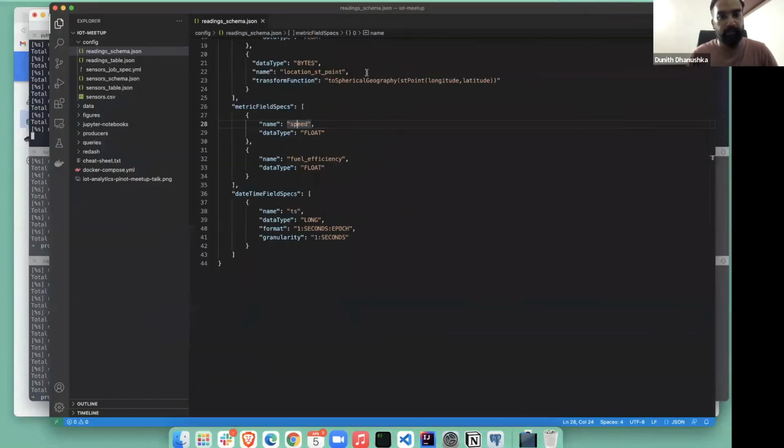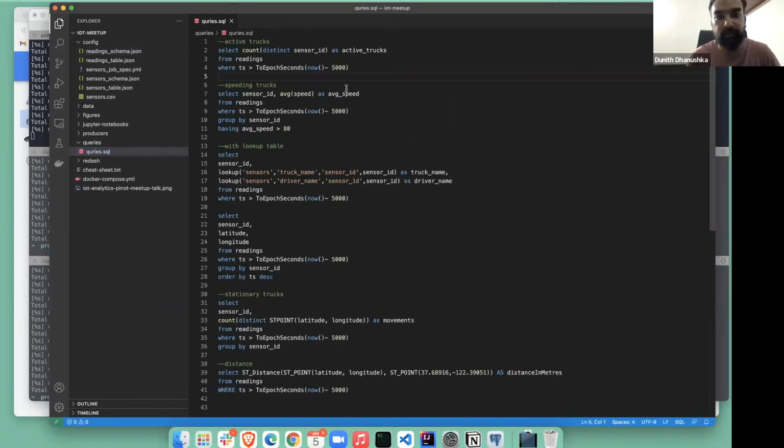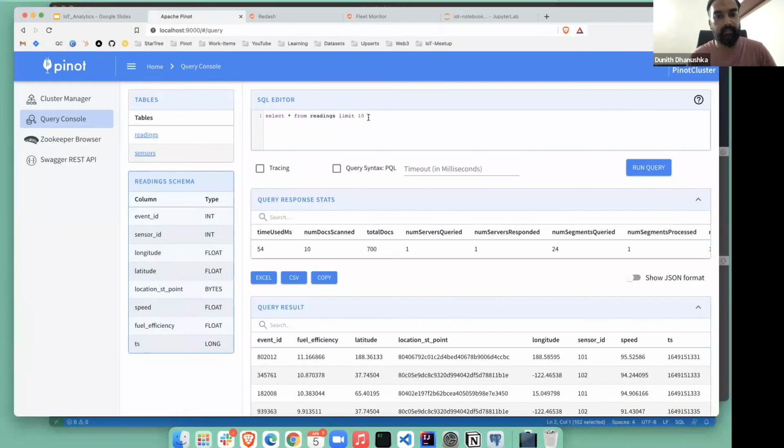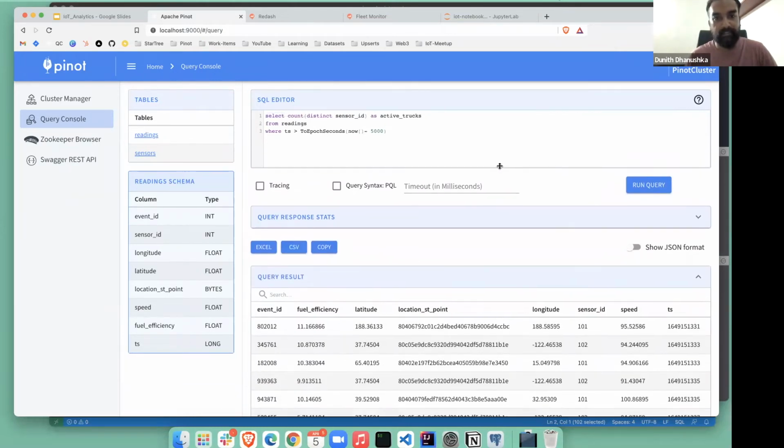Then I'll try to execute this query. Let me pull up my cheat sheet. Right, so this query returns the number of trucks, or number of sensors, that have published data in the last 5 seconds.